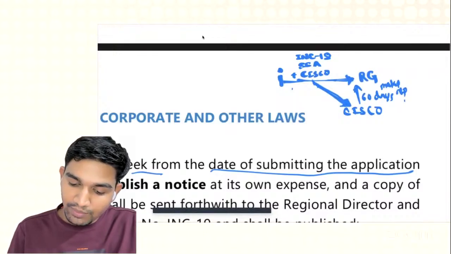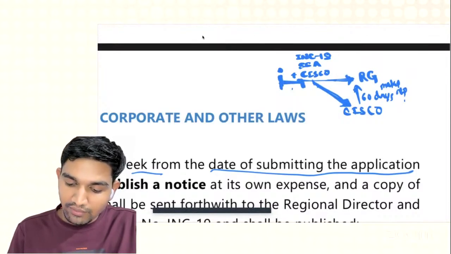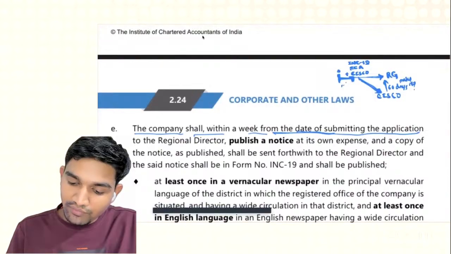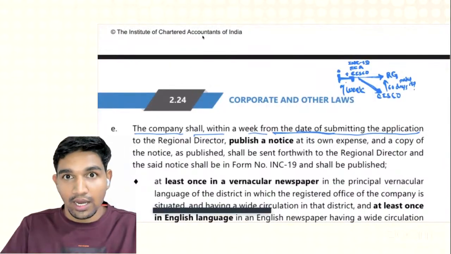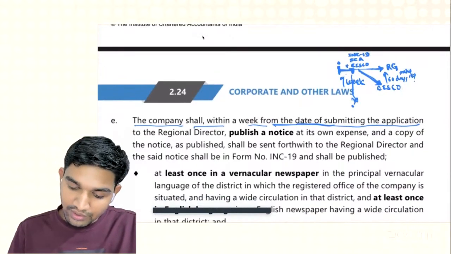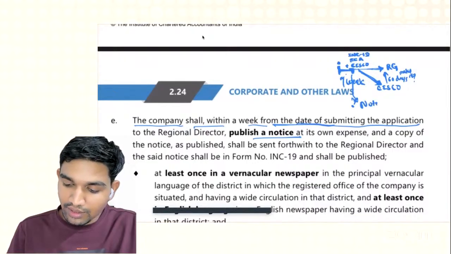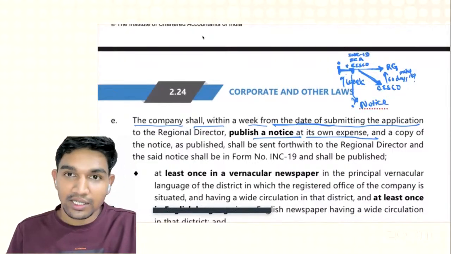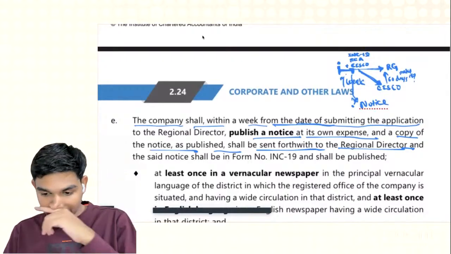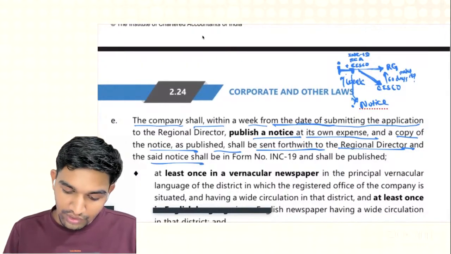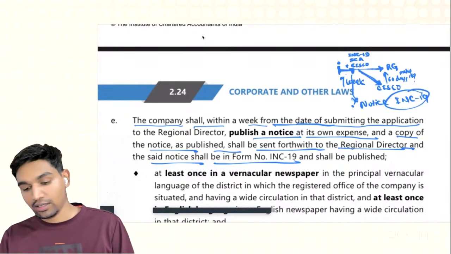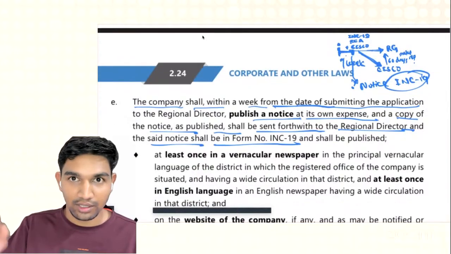Then, after this application has been made, within a week from the date of submitting it to RD, the company has to publish a notice at its own expense, and a copy of the notice as published shall be sent forthwith to the regional director, and the said notice shall be in form number INC 19. So the same notice should be submitted to RD also,